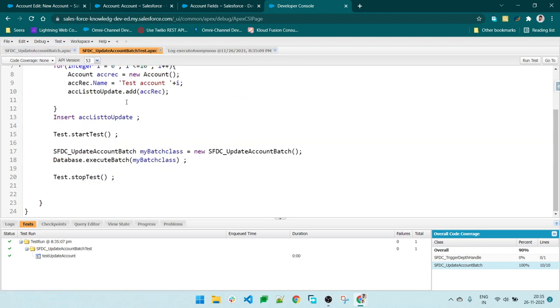So now let's query the account records which we have just inserted. I am querying only a single record for now.